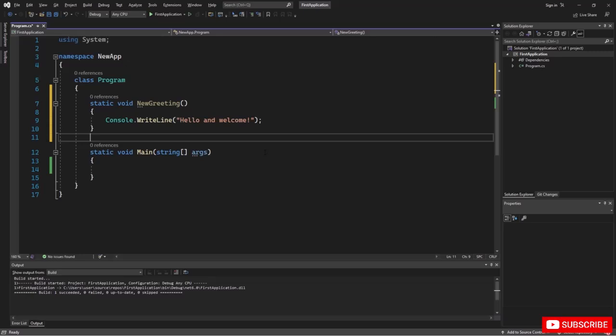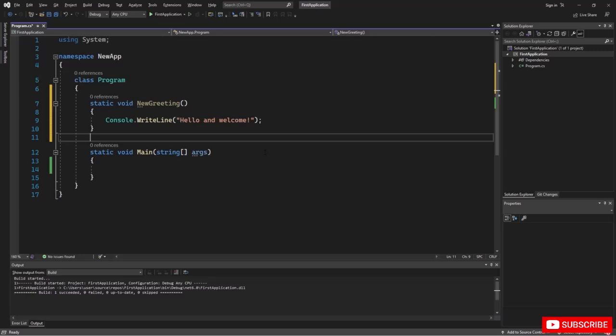But you need to call this function to make it work, otherwise nothing will appear in the output. And also make sure to place a semicolon at the end of the statement. The body of the newGreeting function is all the body inside curly braces. We use curly braces in the C# programming language to define or recognize a block of code, as in